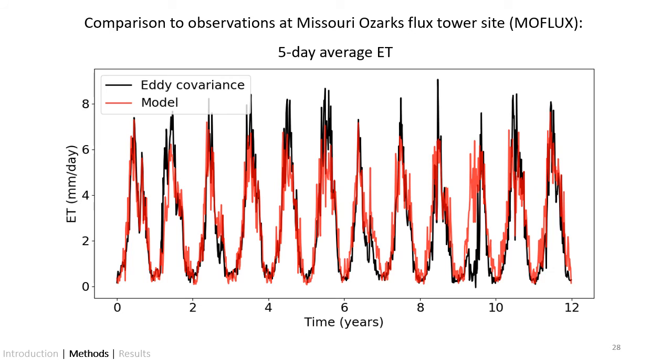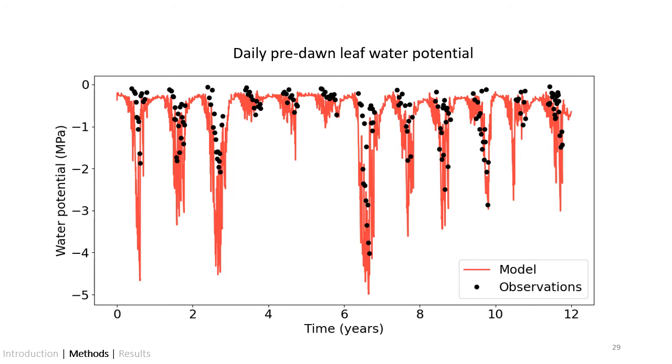With the right parameter values, CLIMA is able to accurately reproduce the dynamics of evapotranspiration at the study site that we're using for meteorological input data, which also has an eddy covariance tower. And this is the Missouri Ozarks Flux Tower site in the central United States, which is an oak hickory forest. The great thing about the Missouri Ozarks Flux Tower site is that it has a long time series of field measurements of plant leaf water potential. So we were able to calibrate the plant hydraulics of the model against those measurements too, and show that it